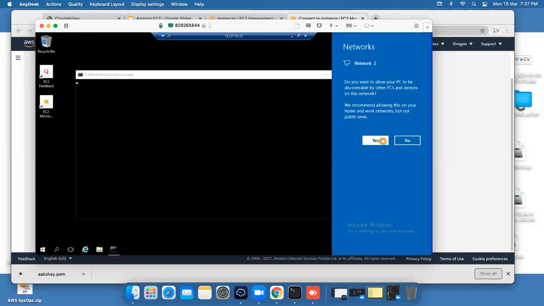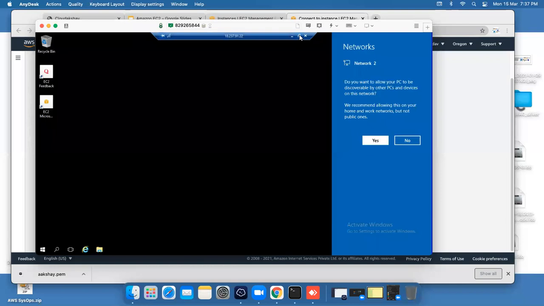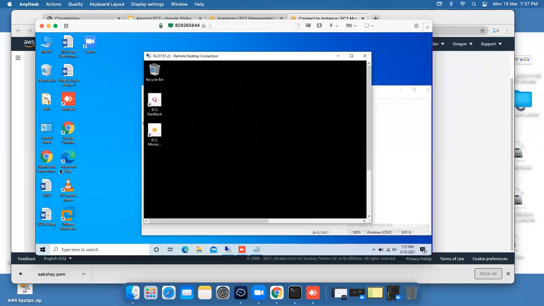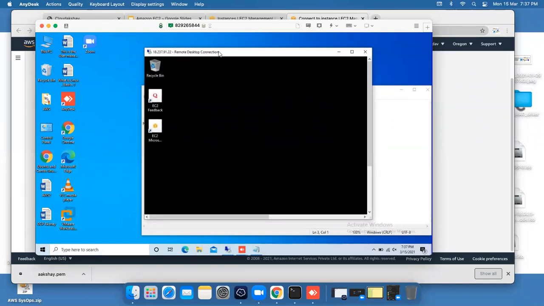So yes, and it is the same as my laptop, same as my computer, and you can see the difference between this machine and this machine. This is my other laptop, Windows 10 laptop, and this is my remote desktop connection machine from AWS.